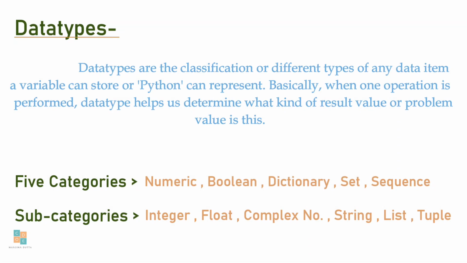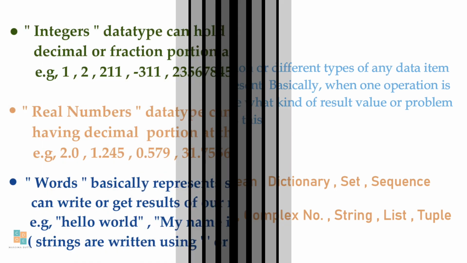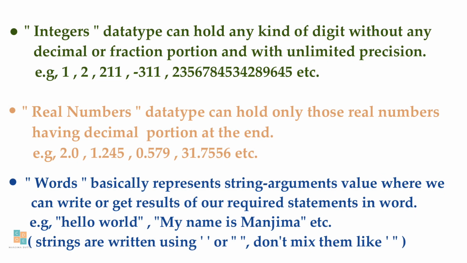So data types are the classification or different types of any data item a variable can store or Python can represent. Basically, when one operation is performed, data type helps us determine what kind of result value or problem value is this. And the integers data type can hold any kind of digit without any decimal or fraction portion like 1, 2, 211, etc. Real numbers data type can hold only those real numbers having decimal portion at the end like